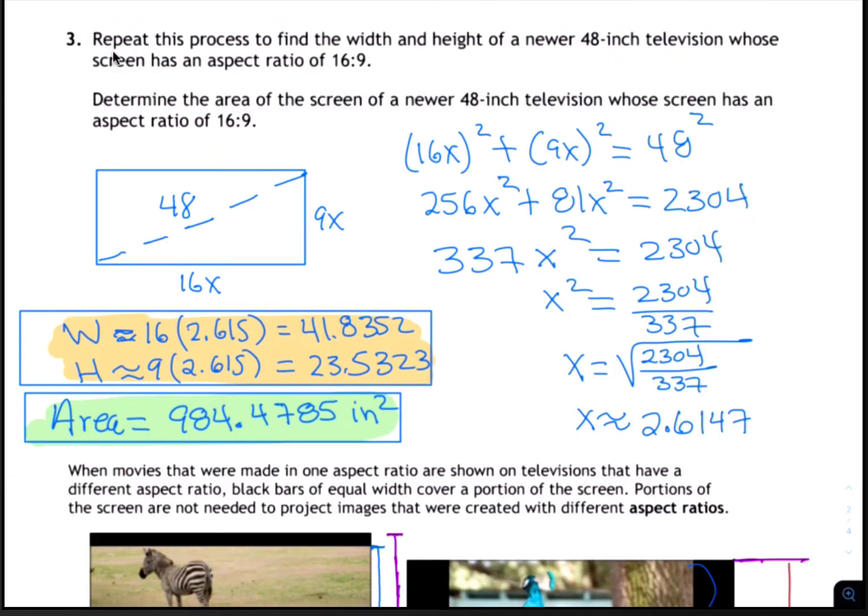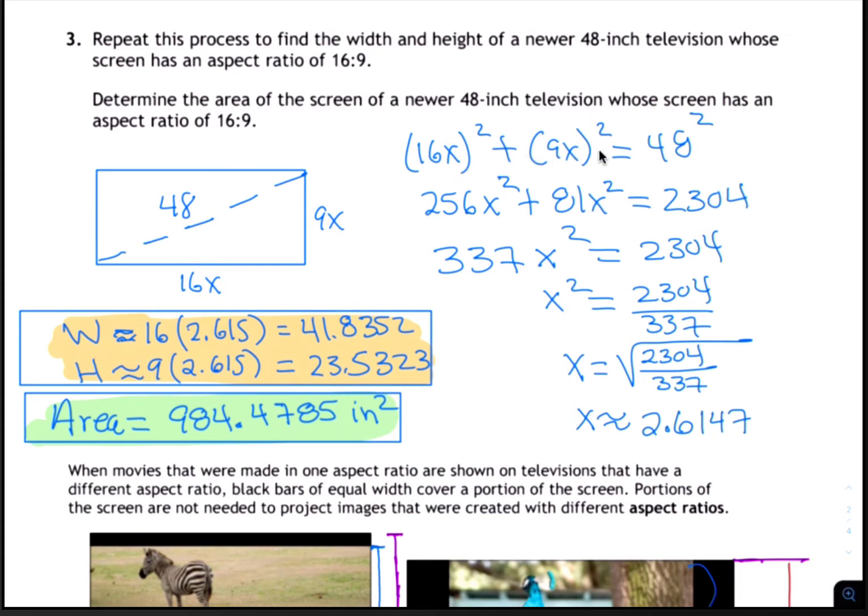Here's question number 3. Repeat this process to find the width and height of a newer 48-inch television whose screen has an aspect ratio of 16 to 9. So here's the representation of the screen. The diagonal is 48. The length of the width is 16 times some number x, and the height is 9 times some number x. That's because the ratio is 16 to 9. Putting this into the Pythagorean theorem,